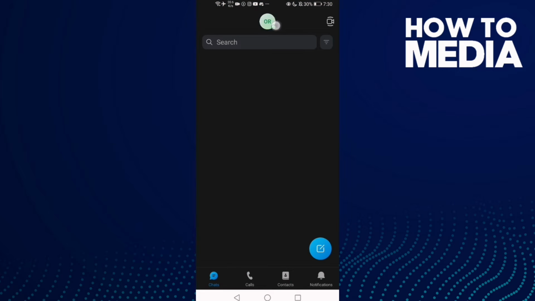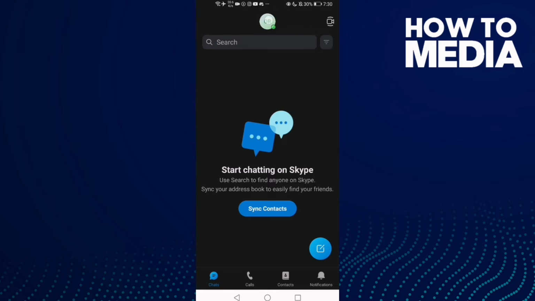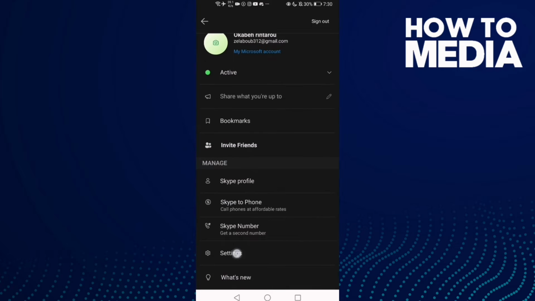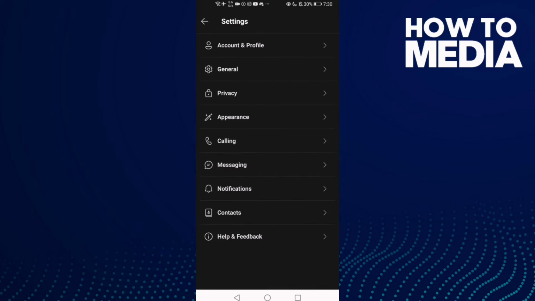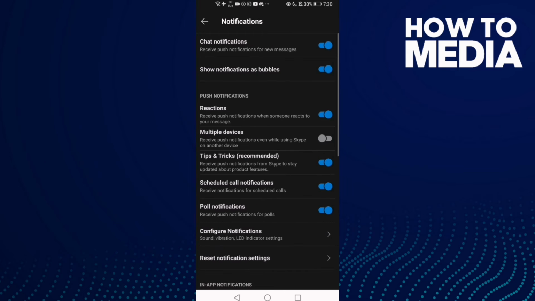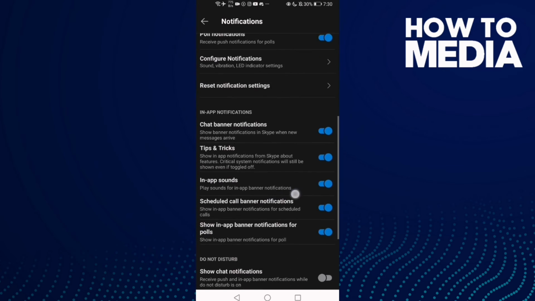and then click on your profile right here and go down and you will find settings, and then click this one, notifications. And now all you need to do is just go down and you will find this one here, chat banner